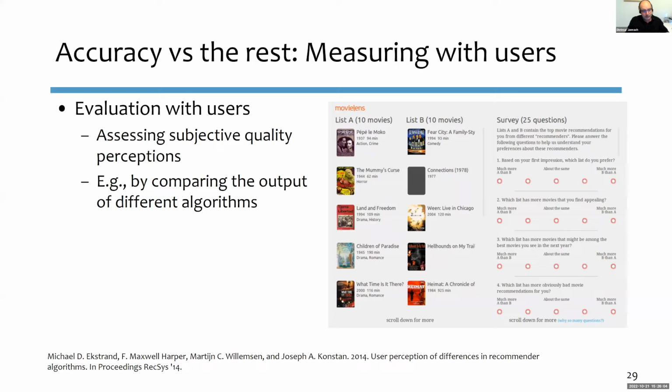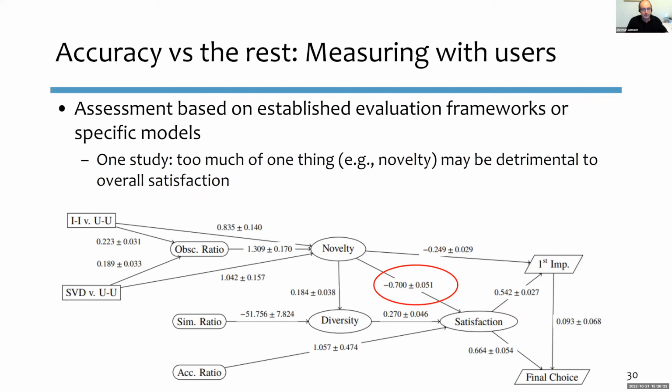So here's another example also by Michael, the second keynote here. They did some user experiments on perceptions, which is really important and should also be in the focus in the future. So they compared the output of different algorithms and then let people say what they think about this. And just to give you an idea, there's some work here where we see how factors play together, like if you increase novelty, how does that impact satisfaction? If you increase diversity, what would happen here? And it could be that if you add too much of one thing, then it hurts satisfaction. So this balance, which you take as given in computational experiments, like 5% more, it's not easy to understand when there's too much, which would then drastically and negatively impact some other factors. So this is just to point out it's important that we must go beyond these offline measures at some stage, and